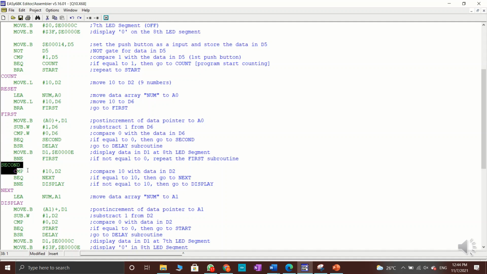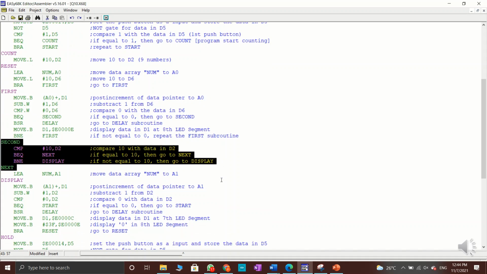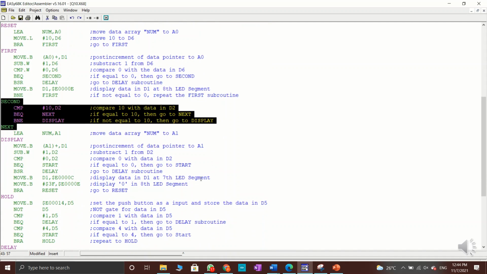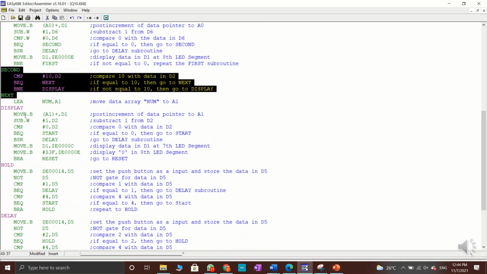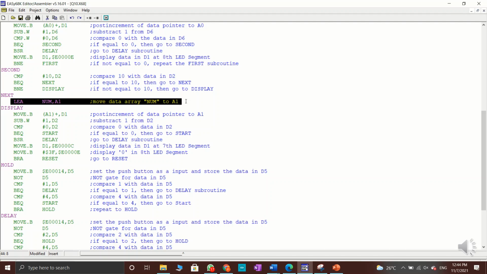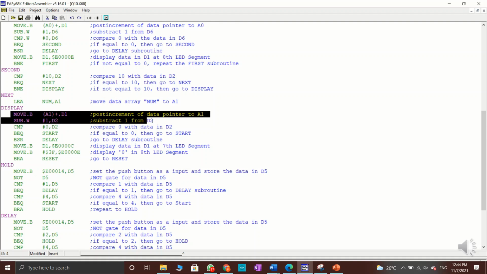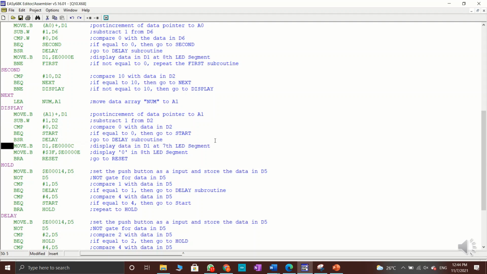In the second routine, we will compare data in D2 with 10. If it is equal, then go to next. If not, then go to display. In next, we will move num to another address A1. In display, we will move the data from A1 to D1 one by one and show it on the second last LED segment, which is